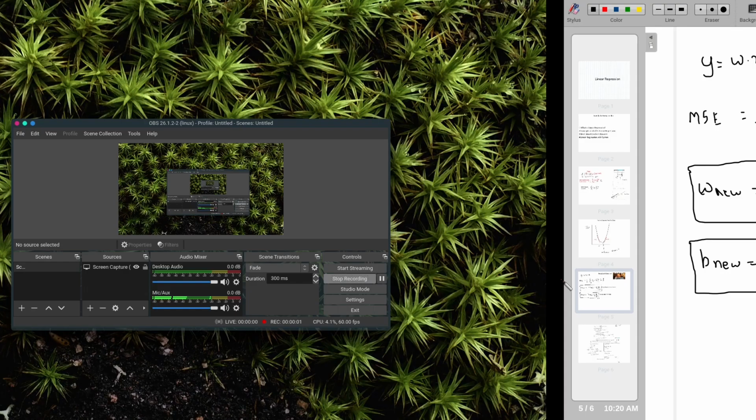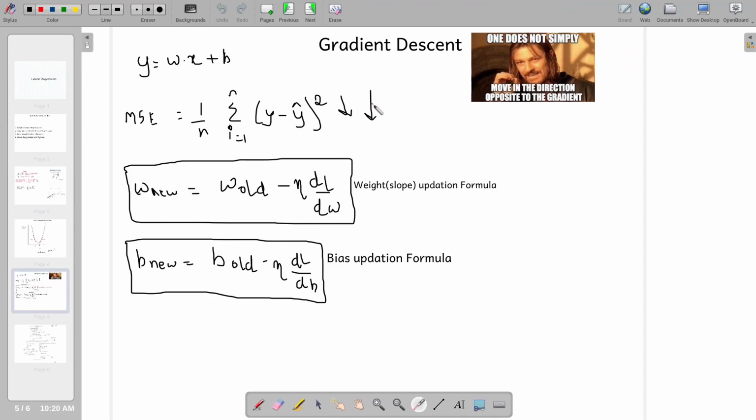Gradient descent. Gradient descent is nothing but an optimizing algorithm used to reduce the cost function. So back in the video, we knew that we had to reduce this cost function, but didn't know how to. But now we'll know how to do this with the help of gradient descent. So consider this equation, W new is equal to W old minus eta into dL by dW, where W new is my new slope,